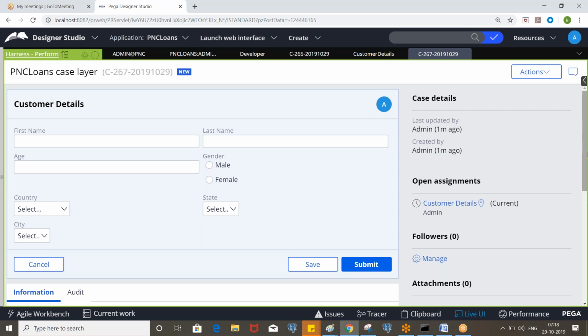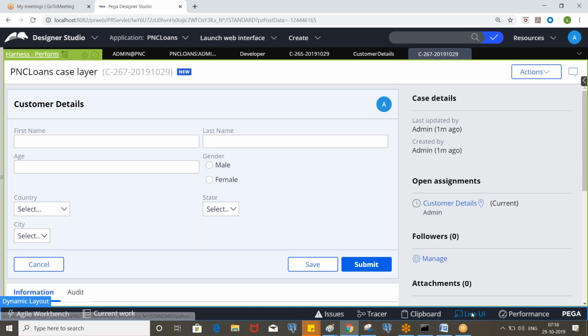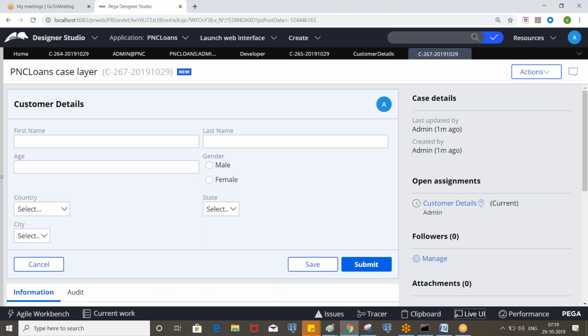Okay. So we have a perform harness which helps in loading the flow action. You can note that point. Perform harness helps in loading the flow action. That means we are just invoking the flow action in the connectors, and when we execute a flow, we are able to see the corresponding screens. Inside the flow action, we have a section and that is getting presented to the users. Behind that, we have a perform harness which helps in loading the flow action.